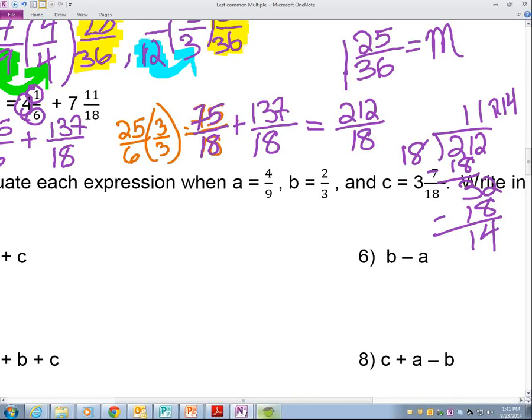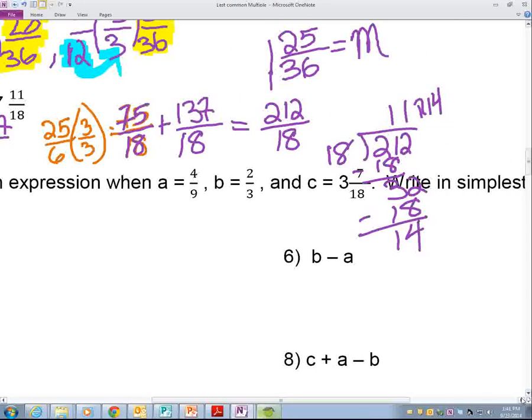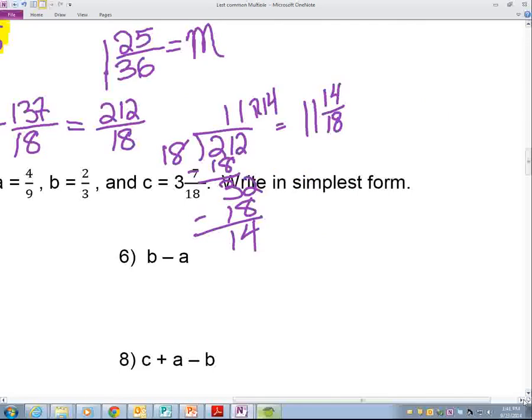So we have 11 and 14 eighteenths. Is that right? That doesn't seem right. Yes, then we have to simplify. We done? Oh no, there's N. You have to bring it back from